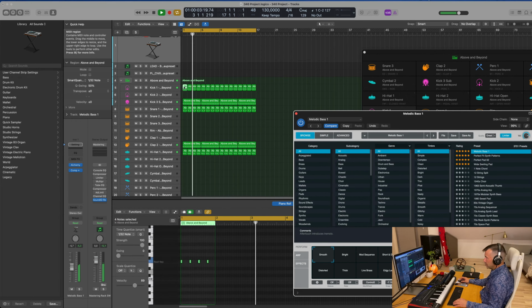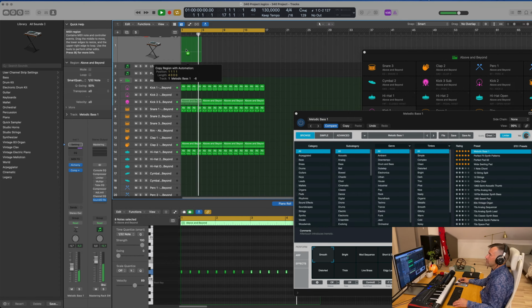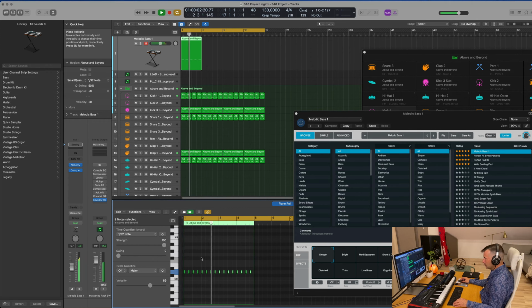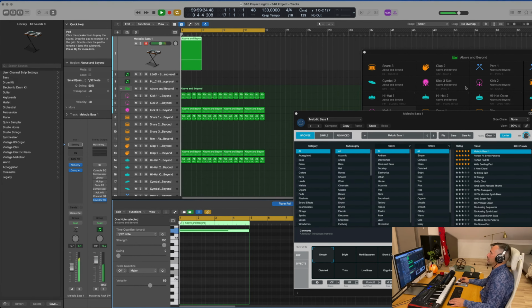I will make my life easier. I'm going to take the key of the sub and make it, because I want everything to be in tune, of course, make it into a part here. I think we're at